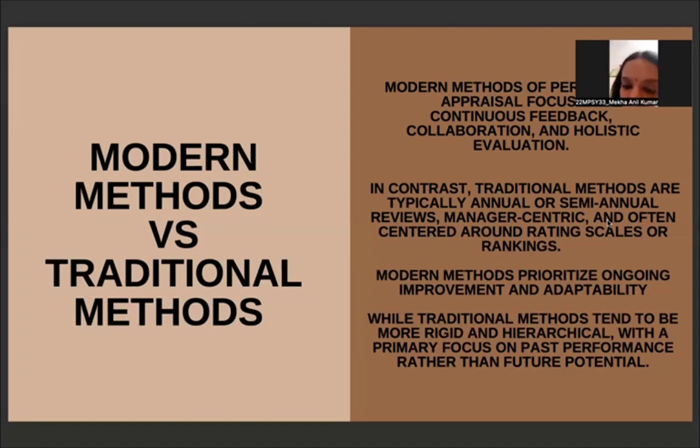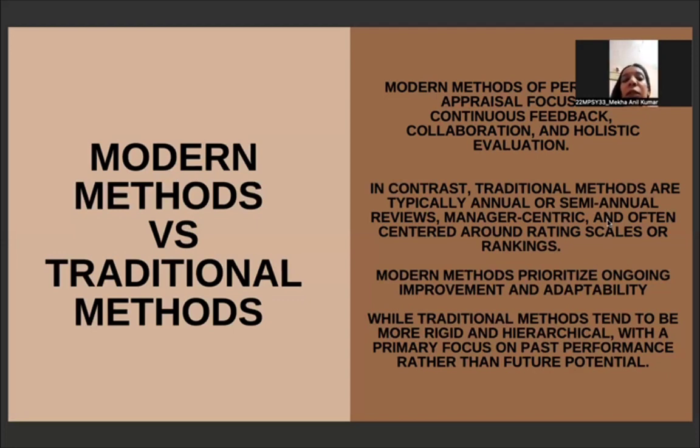But when it comes to modern methods, it is holistic because the feedback is taken from every area, where multiple sources are considered. Also, it's not just annual or semi-annual reviews. It's more like you're focusing on continuous feedback. You are given more feedback as you perform, as the time goes by. Your adaptability is checked. It focuses more on future potential than just on past performance, like how you can better your outcomes.